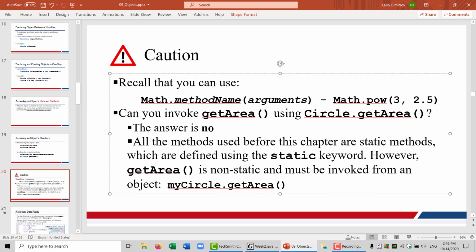From now on, when we create our own classes, nearly all methods are not going to be static, and what that means is that, for example, if you try to call the getArea method on the Circle class, that won't work because you're trying to get the area of the circle data type, and that makes no sense at all. You have to have an actual circle for which you want to get the area. So you can only invoke the getArea method on a particular object,